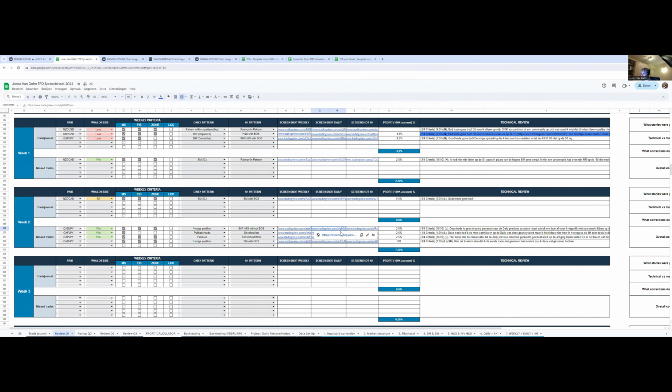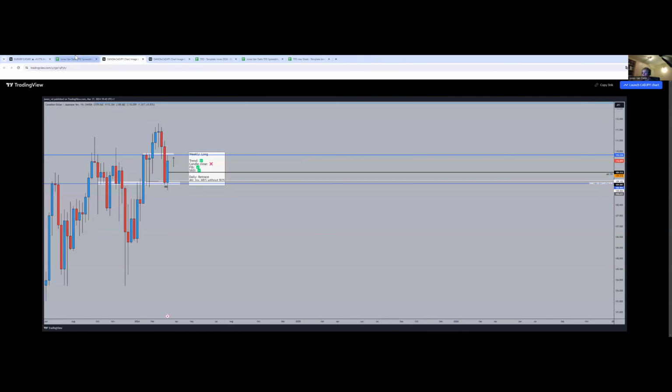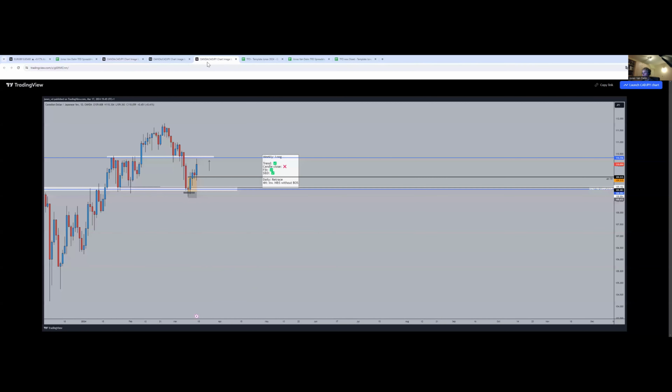So if I go over this one, GBPJPY, this was a potential hedge position with the 4 hour inverse head and shoulders without break of structure. So I will open this trade daily, then weekly, and 4 hour. If I go over the daily, what could we see here? We had a fib completion from this high till this low, minus 68. The fib completion was aligning here with a nice bullish candle close,